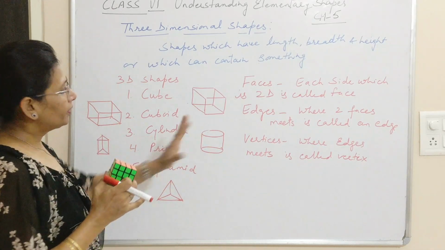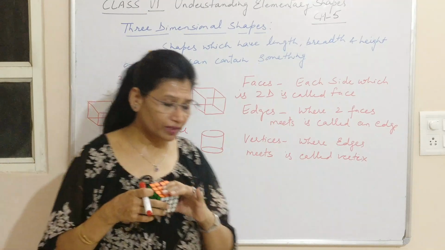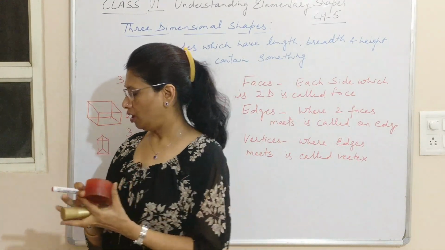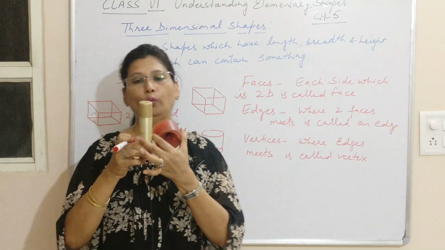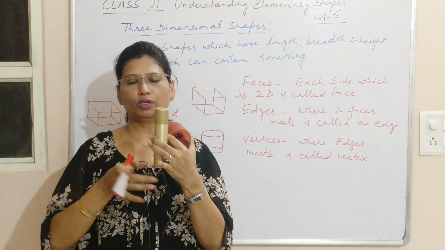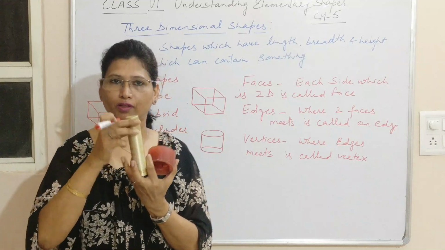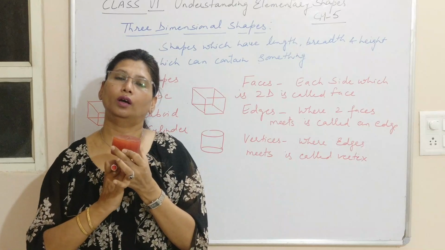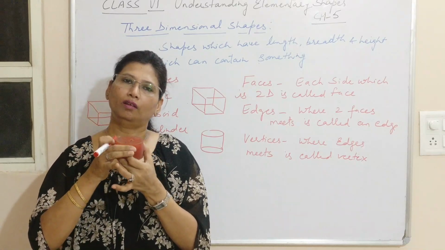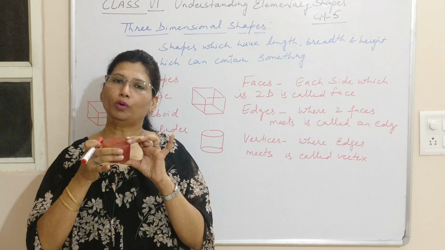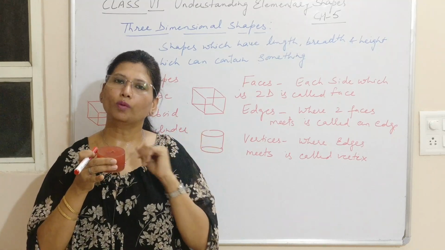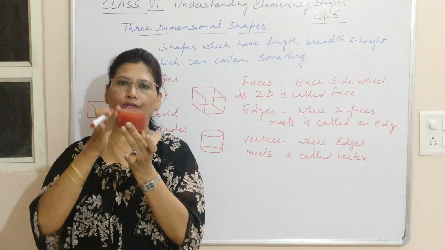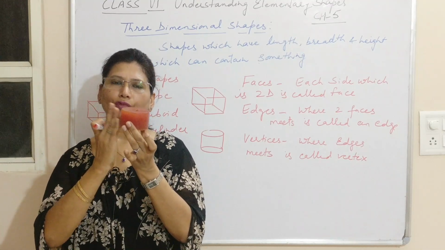Now moving to the cylinder. How do we define a cylinder? If you see, like I can say, take this also. If you see even this, we have 2 circular edges and this is the lateral surface area. Okay, so it has 2 circular faces, it has basically 3 faces. And what about the vertices? No vertices. What about the edges? Here for the edges we'll just take 2 edges. Okay, that is the height we are looking for.